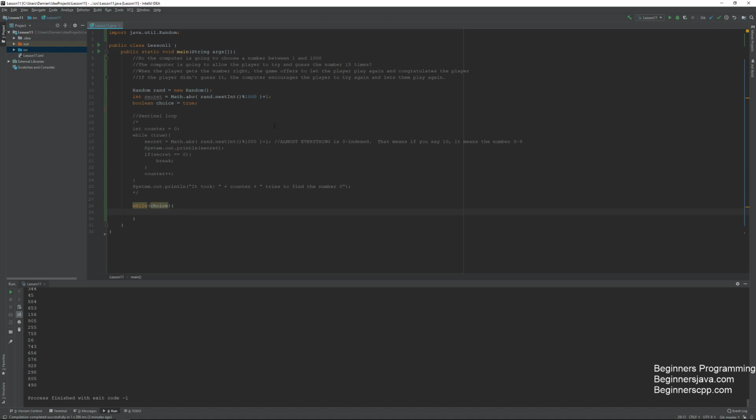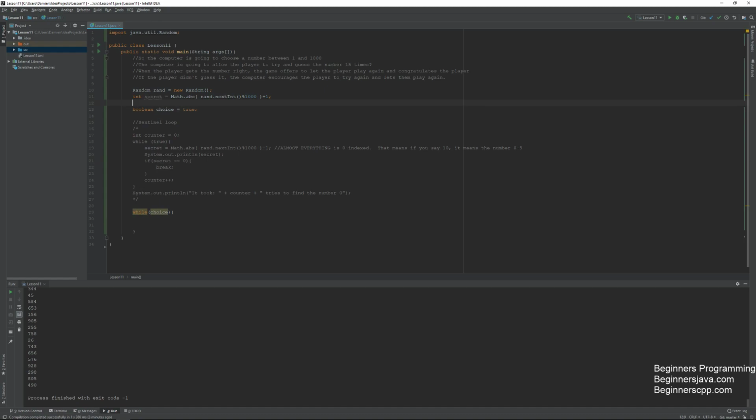So the first thing that we want to do is begin by saying, let's create the player guess. And we'll say that starts as -1. So we're going to create a scanner object because we need one. Scan equals new scanner